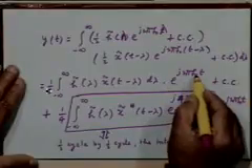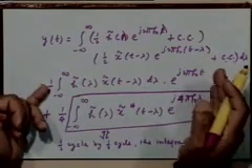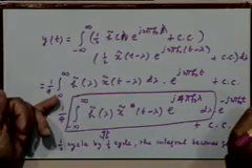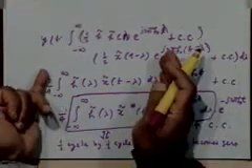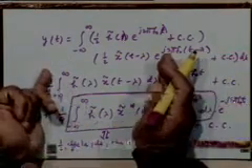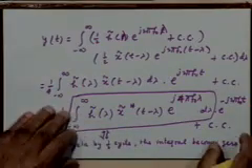If you look at this, think of this e to the power j2 pi f naught t separately from this integral, right? And the corresponding term there will be e to the power minus j2 pi f naught t. So you have something into e to the power j2 pi f naught t plus the conjugate of this into e to the power minus j2 pi f naught t, right? I can write that as,